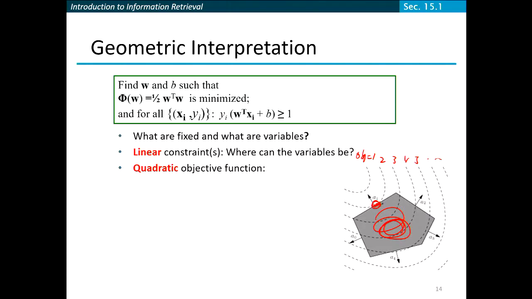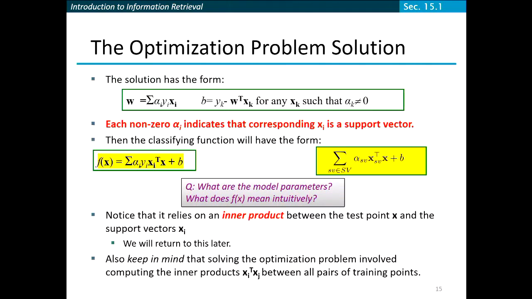If they need to satisfy one equality constraint, then essentially there are only 2 free variables. The actual way to do the optimization is really out of scope. It's called quadratic programming, and there are a lot of ways to do that, and it involves a lot of mathematical theory behind it, but that's it. Now the next important thing is, what's the solution? We don't care about how to solve it. There are already toolkits to solve it. But finally, what we found is that the solution